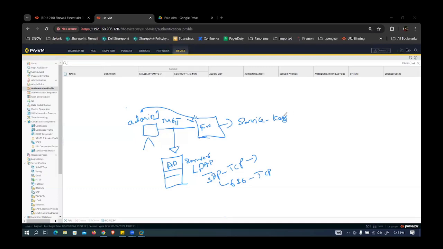Guys? Yes, correct, right. So once Admin 1 requests, the firewall will send a service request to the LDAP server. It will ask the database whether this user is mapped in this server or not. Then it will reply back with some key, saying yes, we have this user information in the server. Then the firewall will get authenticated. Then Admin 1 is able to log in, correct? But the twist here is,